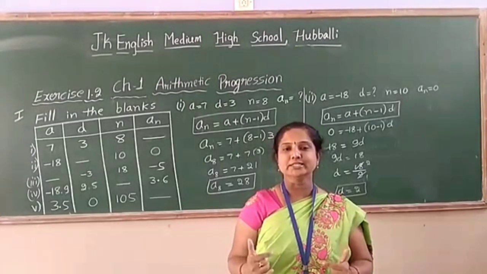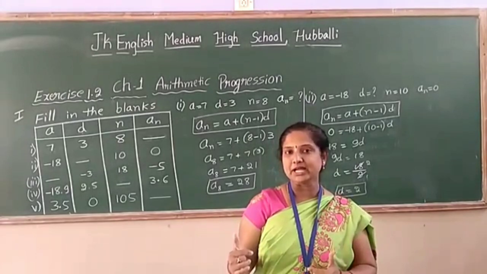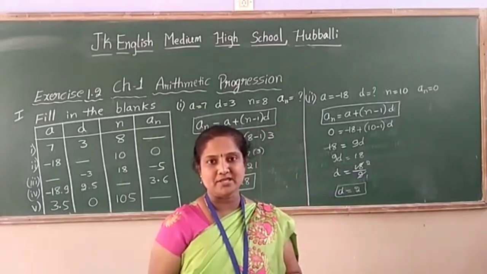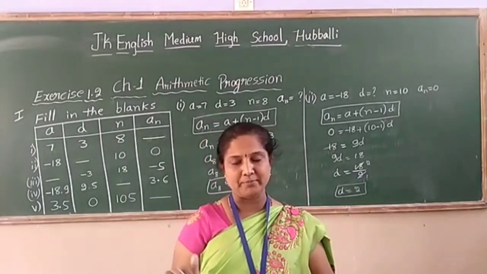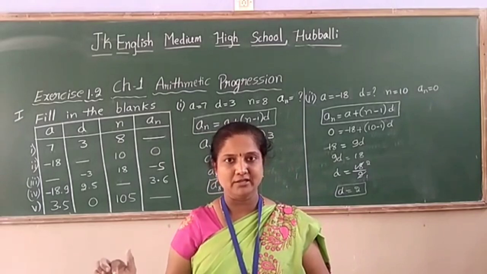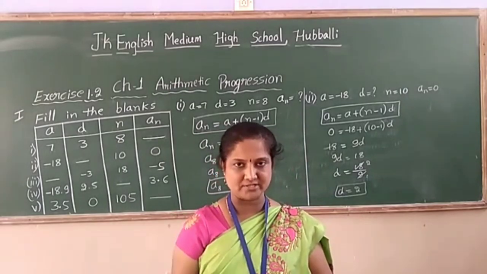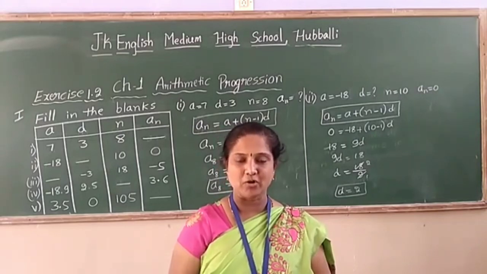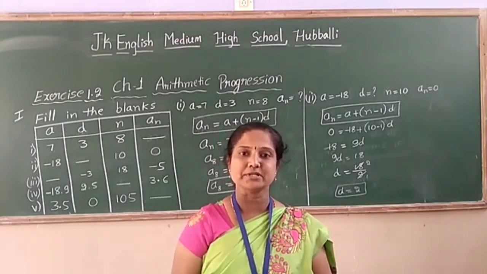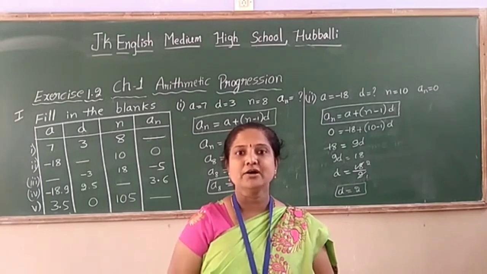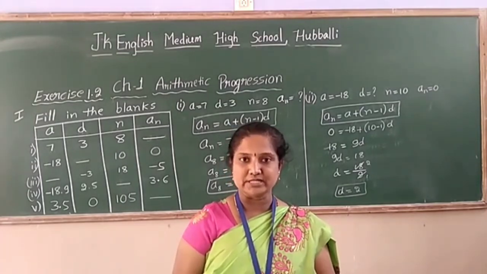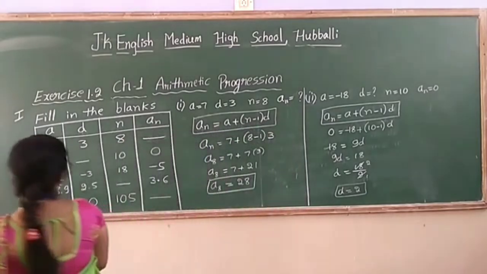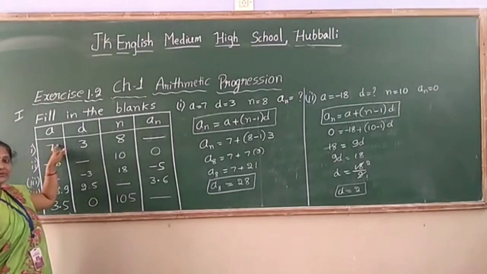We know the nth term of an AP now. How to derive the nth term of an AP? I explain for you. The nth term of an AP is an is equal to a plus (n minus 1) into d, where a represents the first term, n represents the number of terms, d represents the common difference, and an represents the nth term of an AP. We will now solve the second exercise, exercise 1.2, by using that formula, the general term of an AP.